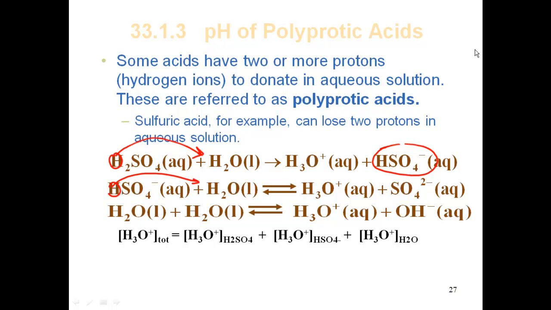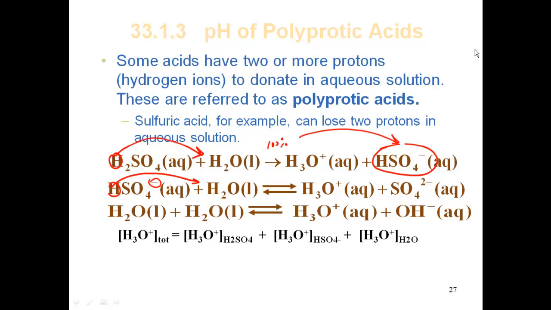Let's think about this. We have a strong acid, H2SO4. It's going to break up 100% and form my HSO4 minus. So it's breaking up 100% and forming my HSO4 minus. Then that's going to ionize. Well,